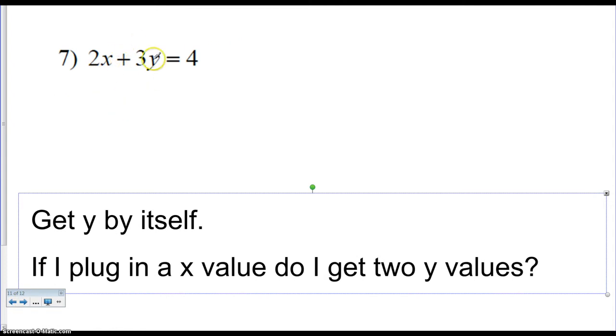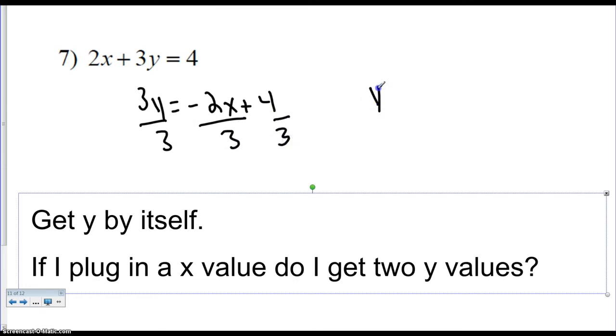So here, I have 2x plus 3y equals 4. So if I get y by itself, I have 3y equals negative 2x plus 4. If I divide everything by 3, I get y equals negative 2x over 3 plus 4/3. So if I plug anything in here, will I get more than one y value? So if I plug in like 4,